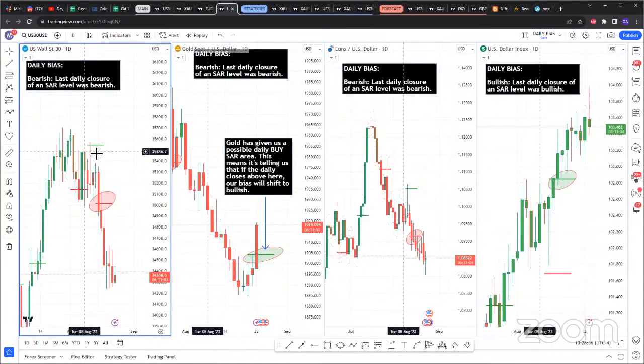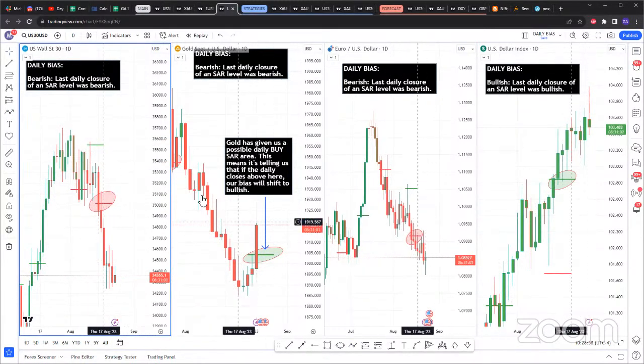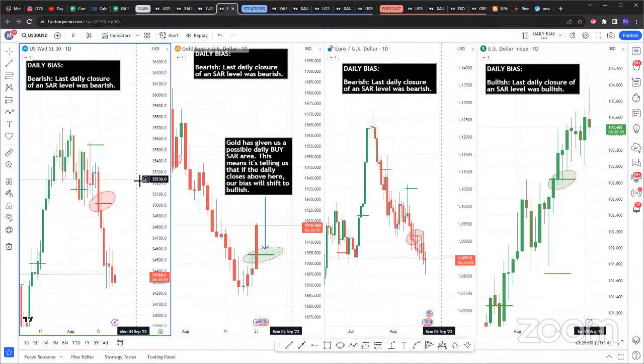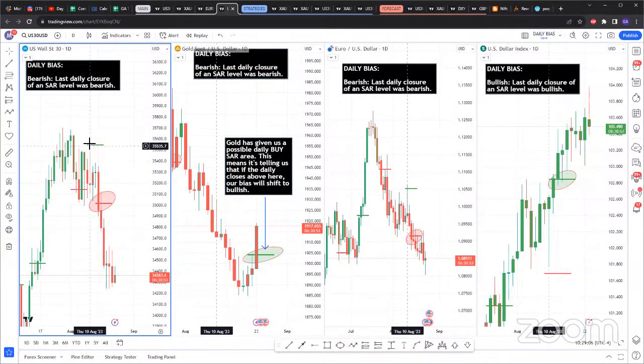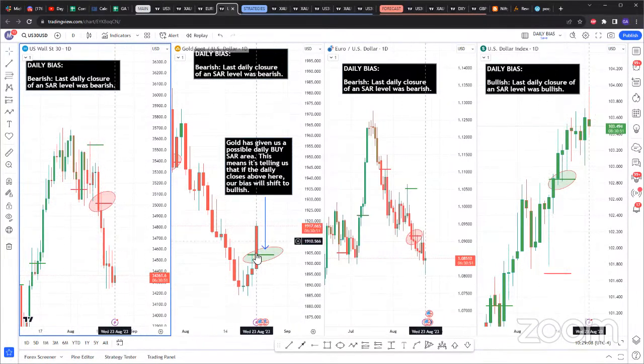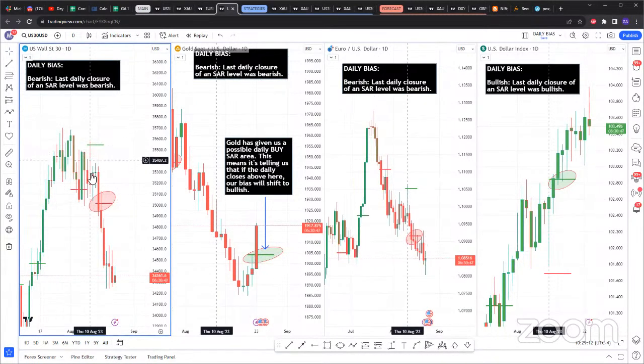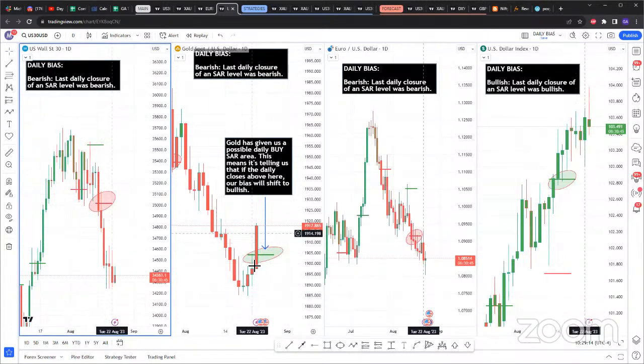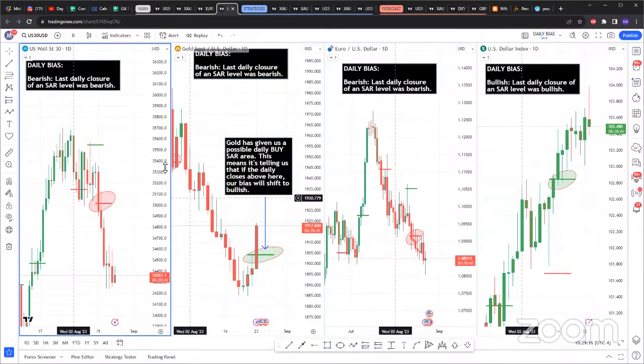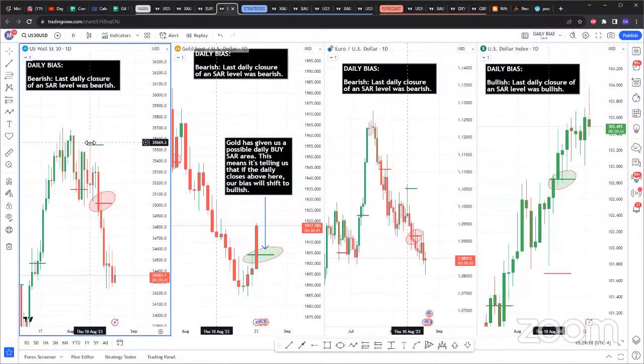So this is the reason I'm telling you guys, even for me personally, I've already made my money this whole time with gold. Losing a day or two not trading gold is not going to kill me. But for me to continue this bias, it can still sell off. It can still do this. So what I would want to see for continuation of bearishness with gold is a bearish candle like this.